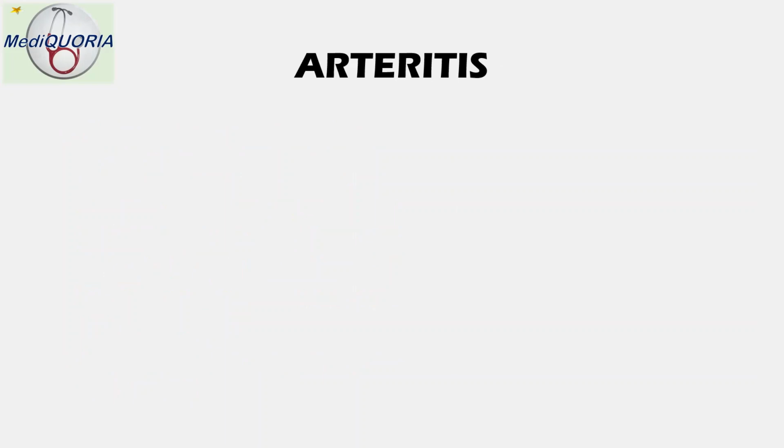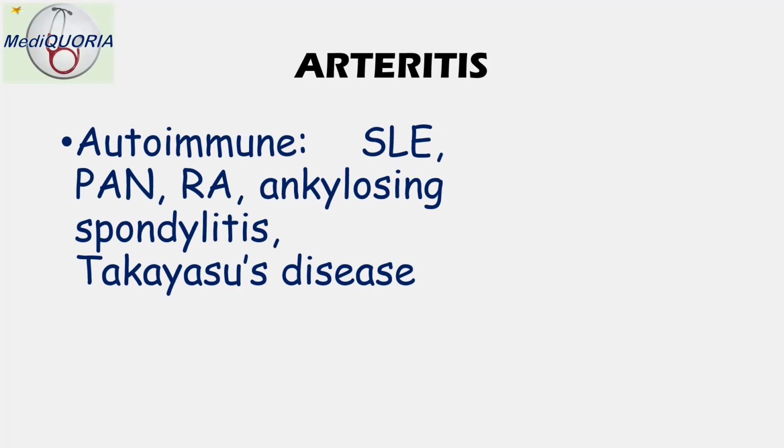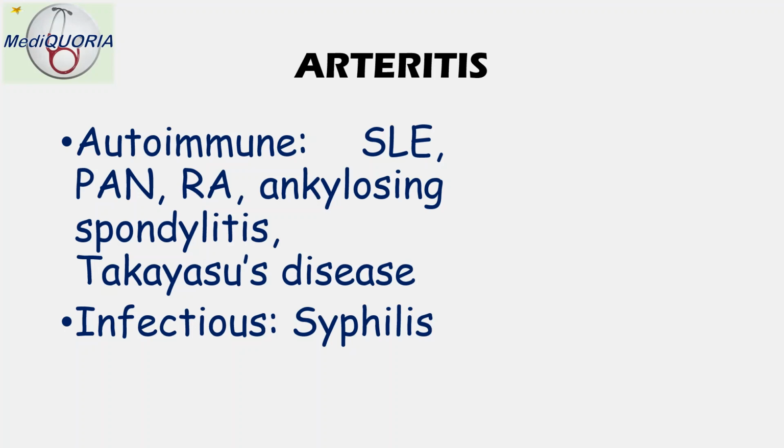Number 2. Arteritis. Arteritis is a collection of diseases that result in inflammation within the walls of an artery, in this case the coronary artery. This inflammation results in narrowing of the lumen of the artery due to swelling of its walls. Arteritis can be a result of autoimmune conditions such as systemic lupus erythematosus, polyarteritis nodosa, rheumatoid arthritis, ankylosing spondylitis, Takayasu disease. So as you manage those joint pains and the cutaneous manifestations of these conditions, do remember to keep the coronary arteries in mind. Arteritis can also be a result of certain infections, for example syphilis in its tertiary stage,